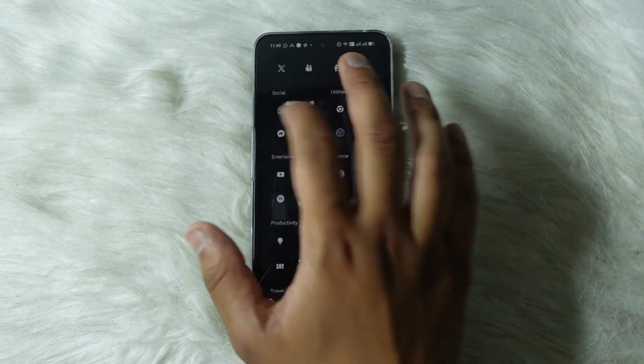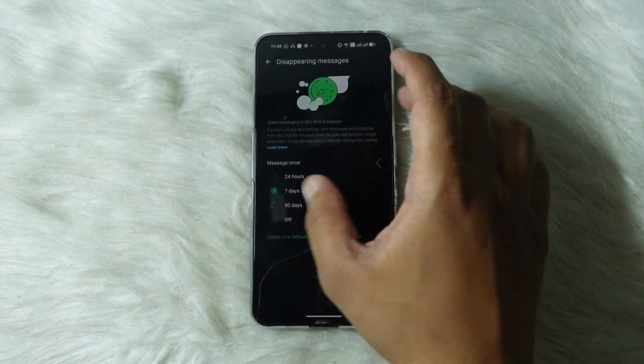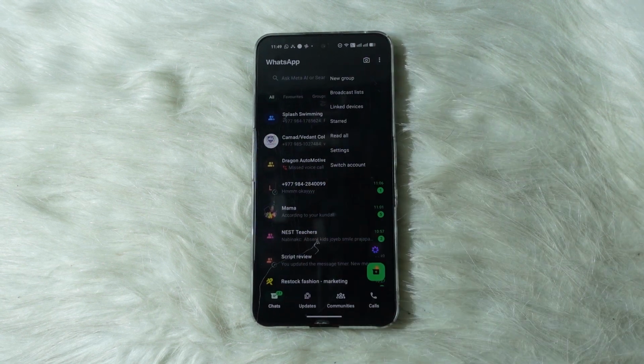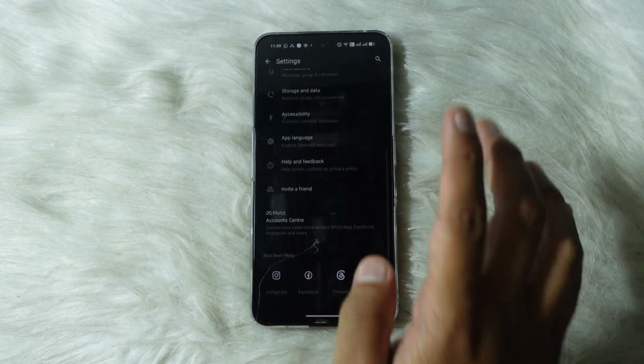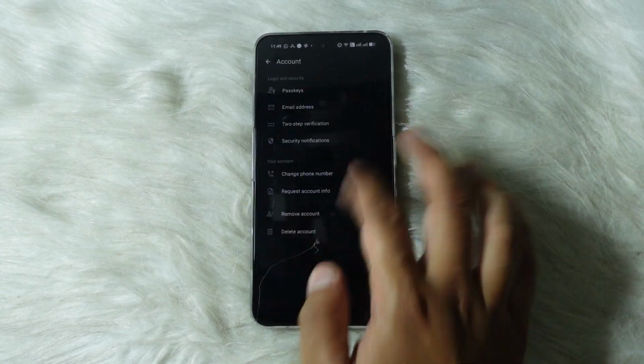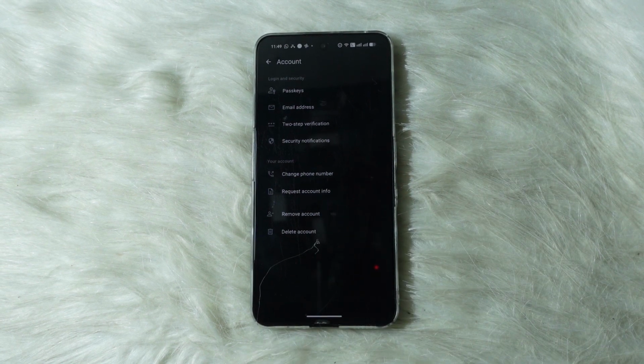If required, you may also be required to log out of WhatsApp. For that, open up WhatsApp, tap on the 3 lines at the top right of your screen, tap on settings, scroll all the way, tap on account, and then hit remove account, and you may have to re-add your account